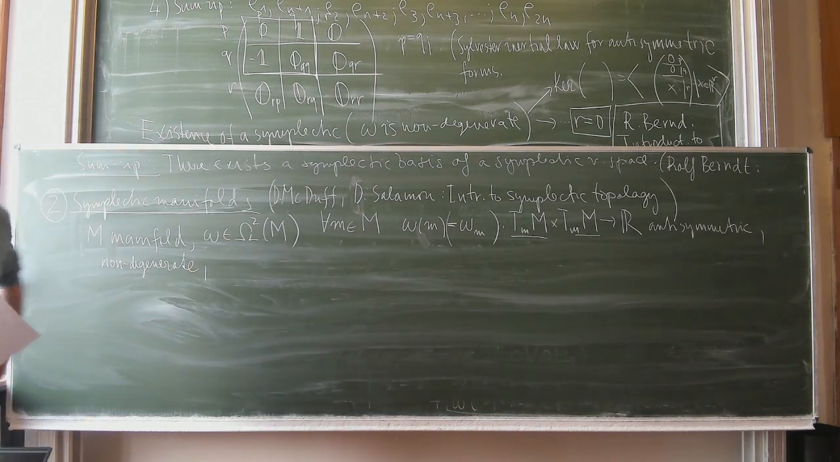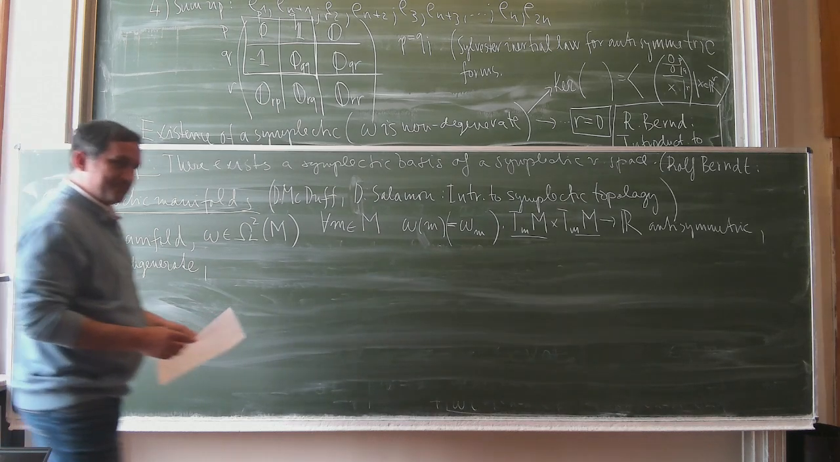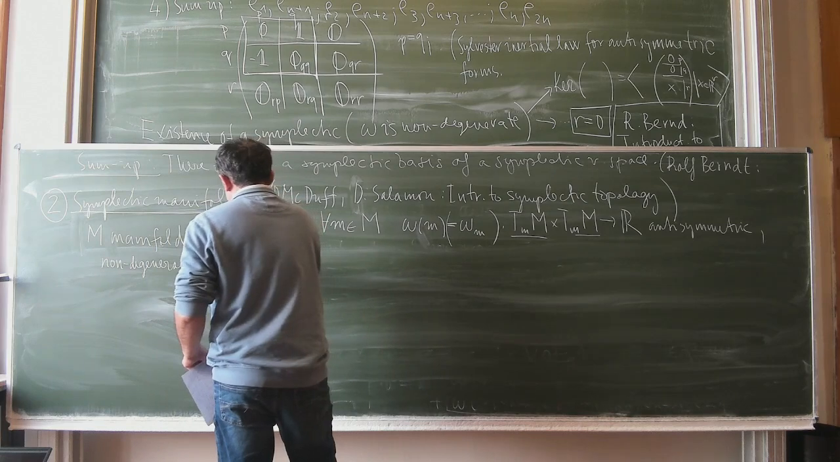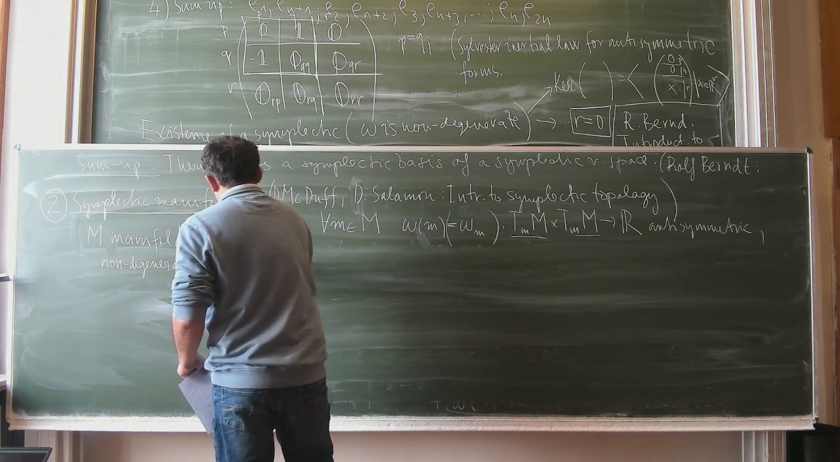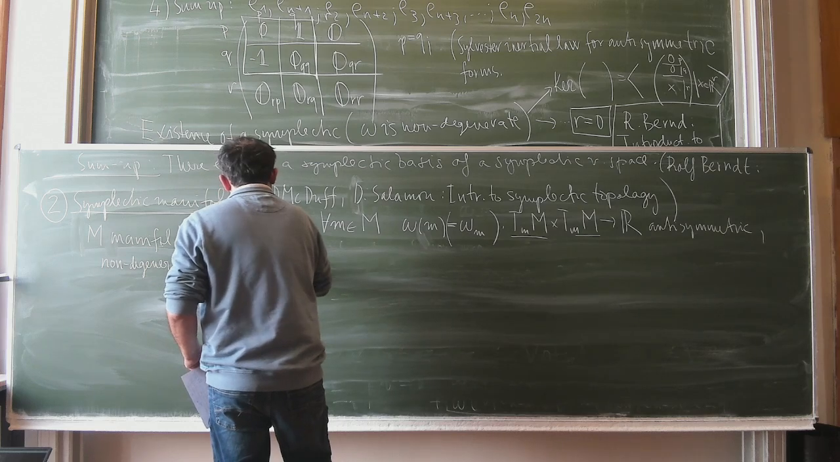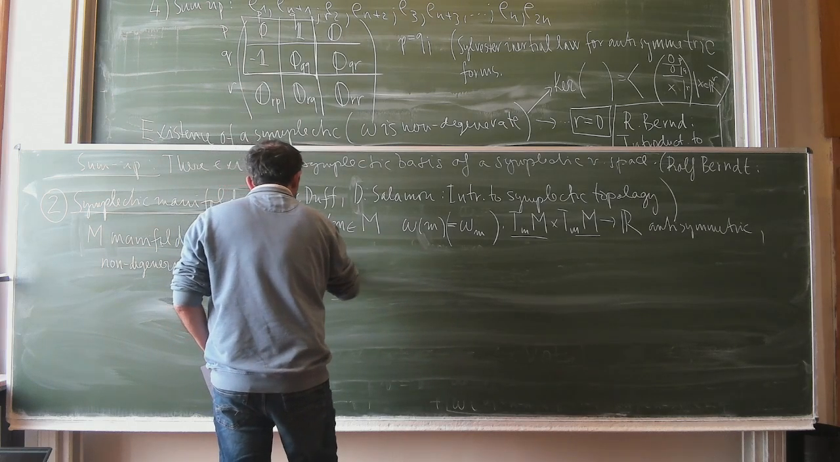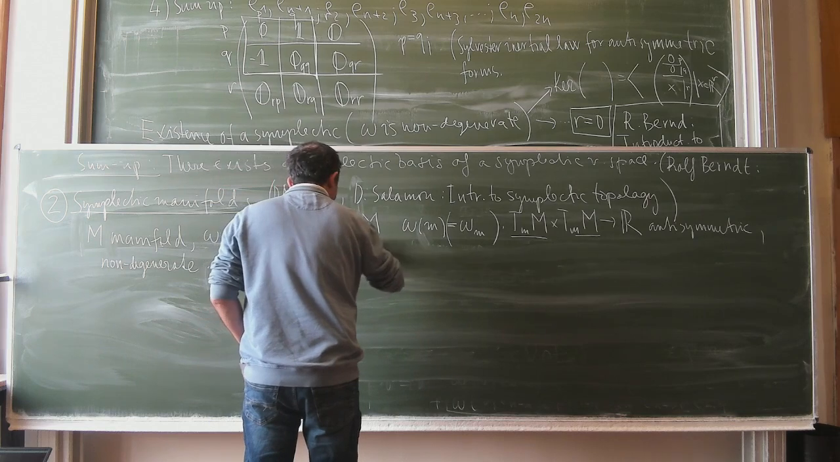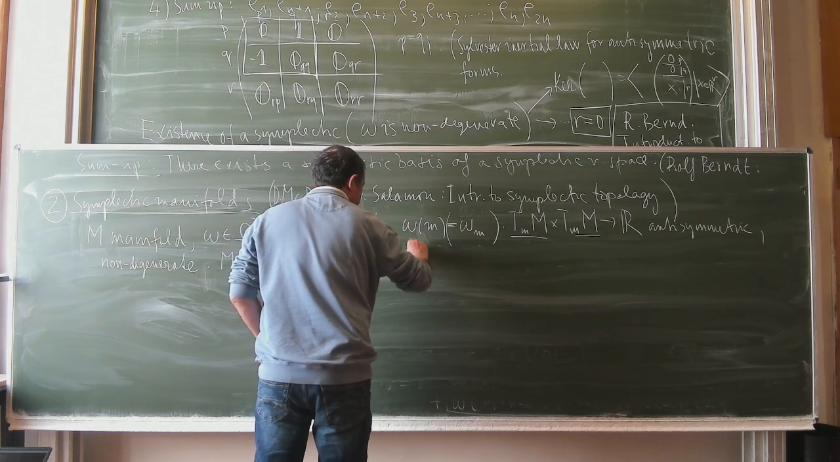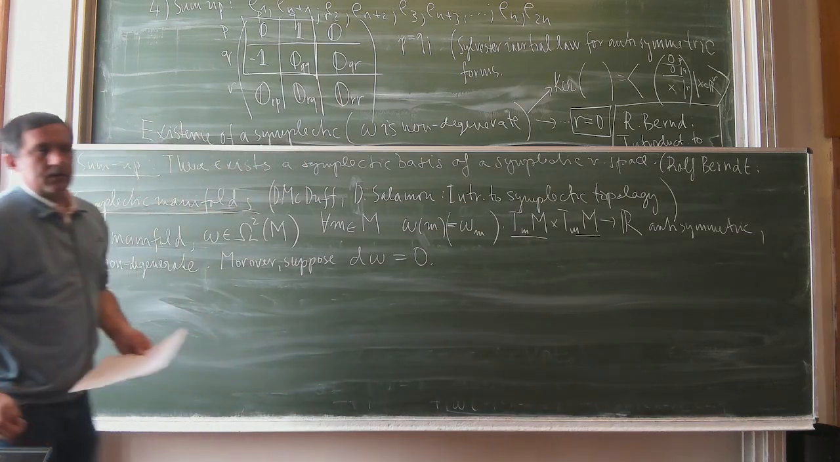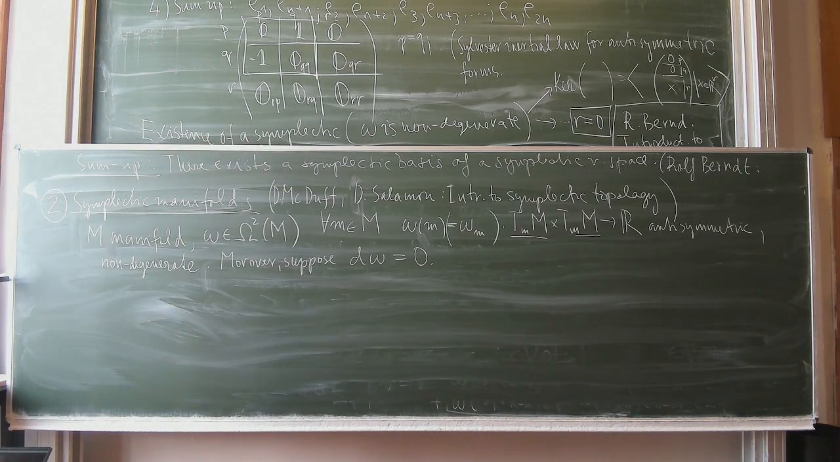And moreover, suppose that omega is closed. So the non-degenerateness is at each point, so it is not the global version of possible